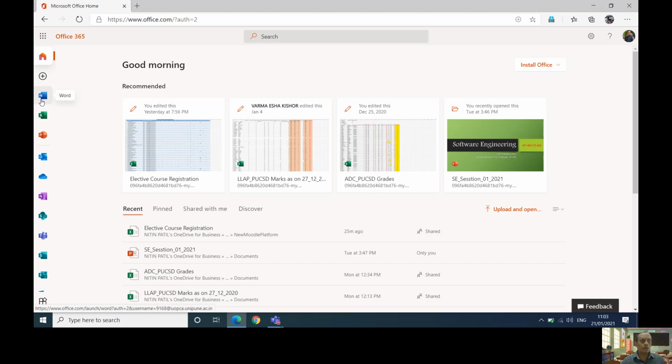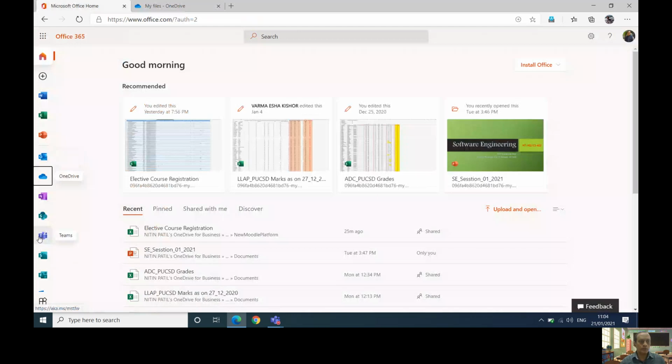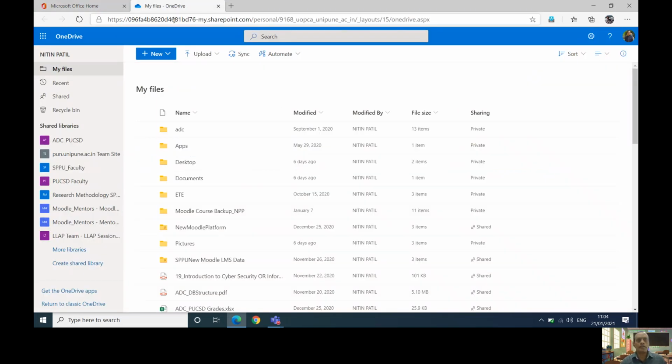So you would be able to see these different applications which are given to you under your license. This is the O365 license allocated to your user. You may see there is OneDrive. This OneDrive is a facility, a kind of Google Drive for Microsoft. It is the place where you can store data. It could be presentations, or all remaining related documents. Fine. So you can click on Teams, and then you can log in. If you are a first-time user, it will ask you to download the software and so on. If you can successfully log in here, go to this site now.